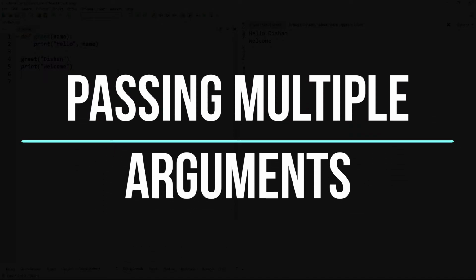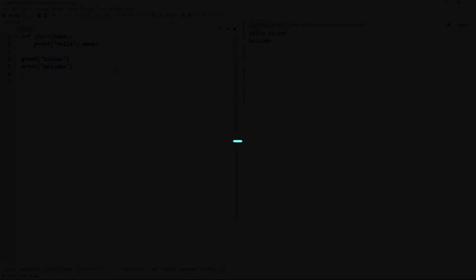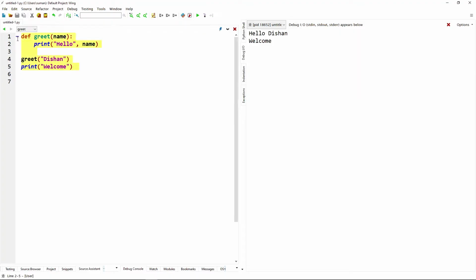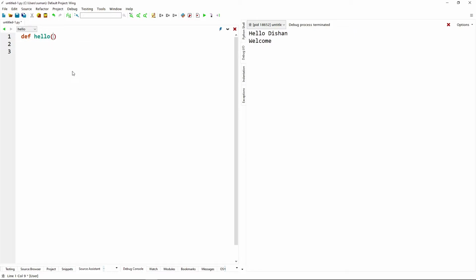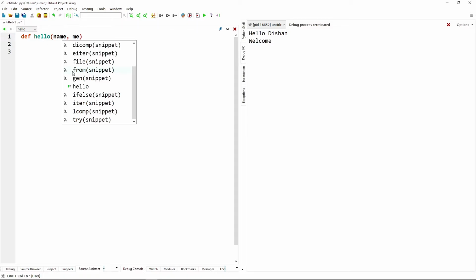Next, passing multiple arguments. Suppose we have a function here, def hello, and two parameters are there, name comma me.